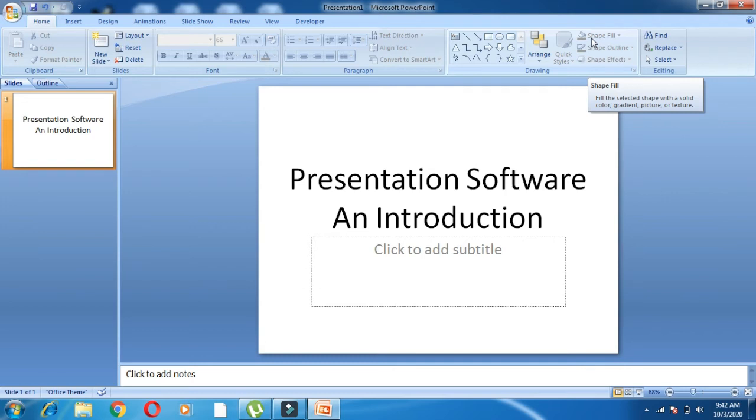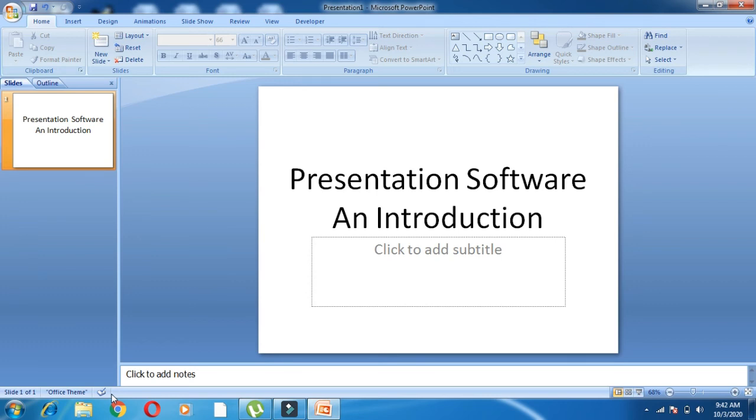You'll get the file tab with the red button just near the home tab, and the file menu will appear. Then at the bottom, you see slide 1 of 1, then office theme. This is known as the status bar. It displays the current slide number, total number of slides, and view buttons.